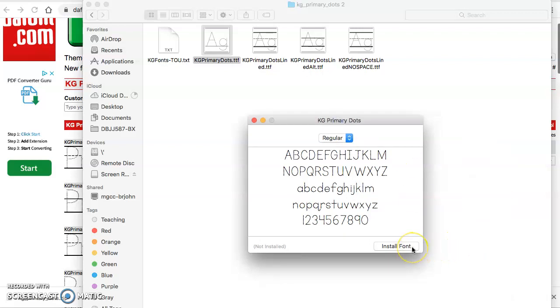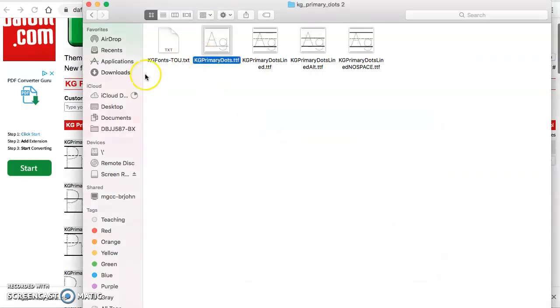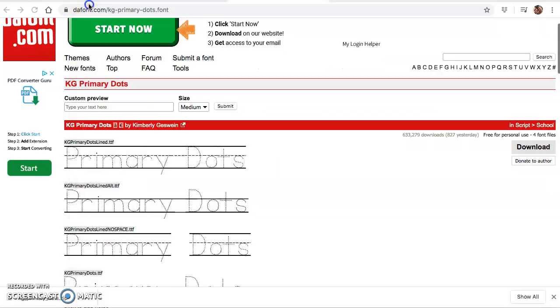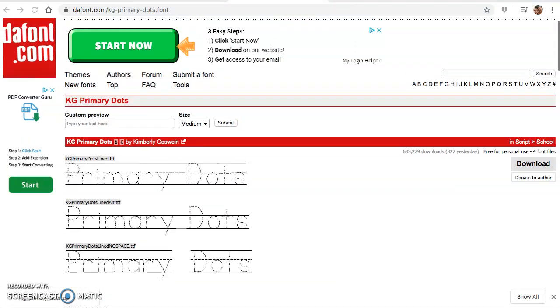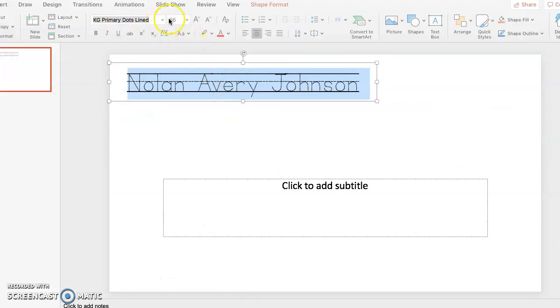You would hit Install Fonts, which they're already installed on my computer, so I'm not going to reinstall them. I'm actually going to delete them in a minute. But then you would restart your computer, and at that time you can exit out of that. Restart your computer, pull up